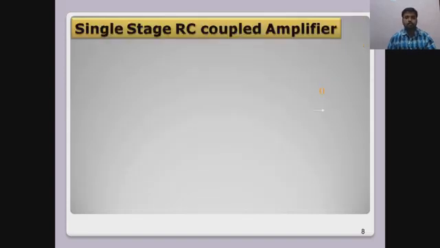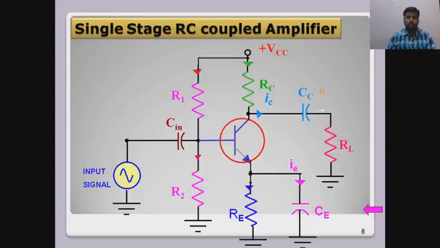Okay. Before going to the two-stage RC coupled amplifier, let us see a single stage RC coupled amplifier, how it could be. Here is the circuit diagram for the RC coupled single stage amplifier. This is nothing but a common emitter, self biased or potential divider biased transistor amplifier. If you observe here,